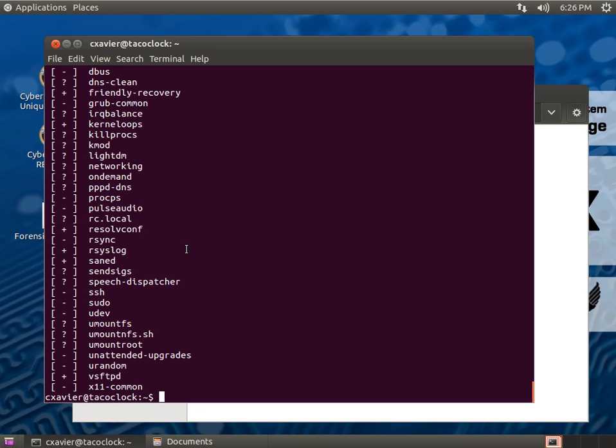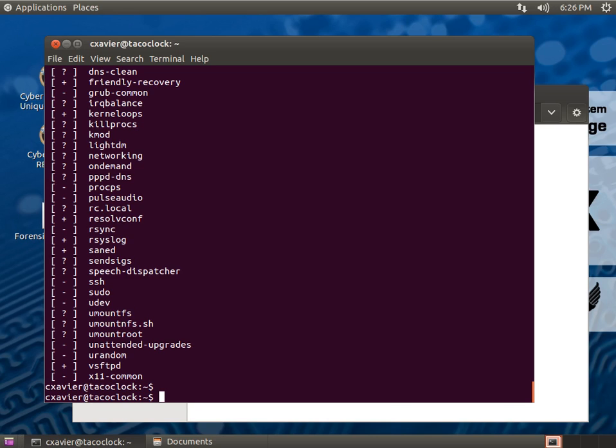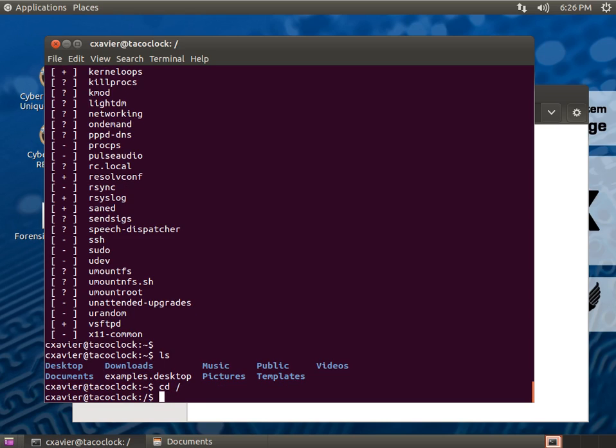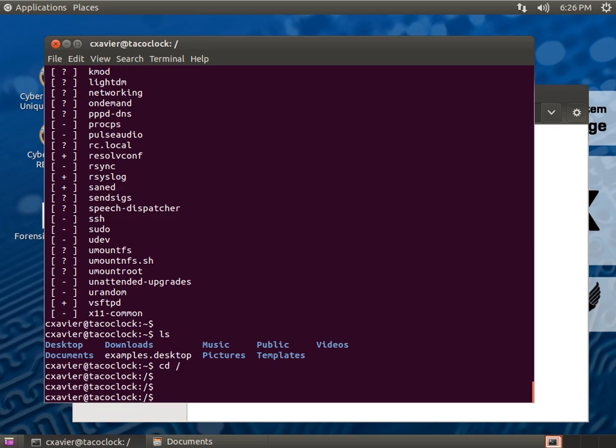I'm going to leave you with one other command. There's lots of stuff to learn in this. Obviously, we can't cover it all. But one command that I really like is the find command. Find allows you to go through all the files and find files. So we're in our home directory right now, right? Well, let's go all the way up to the top. All right, so cd /, that's the top level folder. Now I'm going to type in this find command. First, though, because I'm logged in as C Xavier, I'm only going to have permission to find certain files. If I can't read the files, I can't exactly find them. So I'm going to run this using sudo,